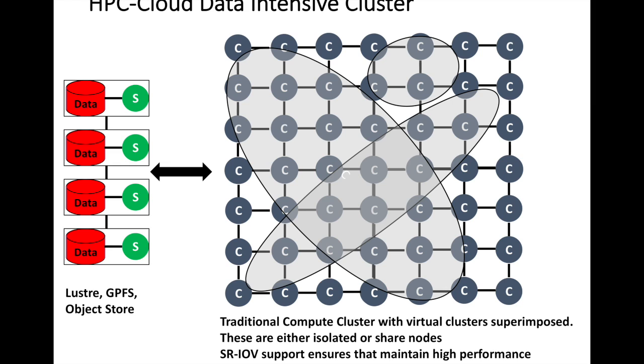It's important to give you a showcase of what we will be discussing on the access patterns. Here's an example of how we do an HPC cloud data-intensive cluster, where cores are shared amongst multiple users, represented as these gray blobs. A user could have a completely separate set of cores, or they could be sharing cores. The impact of this needs to be carefully thought through, and we need to do performance experiments